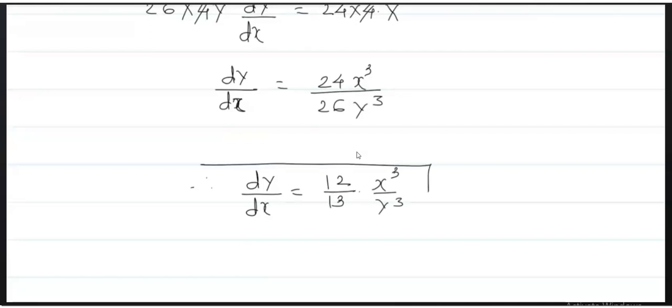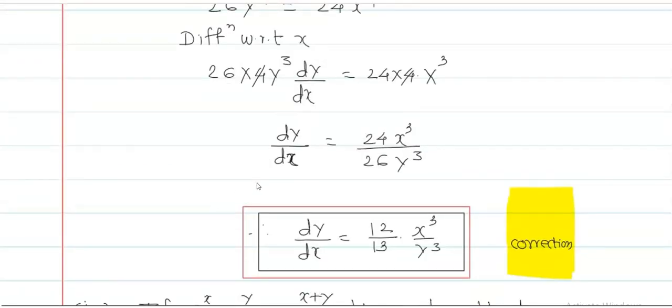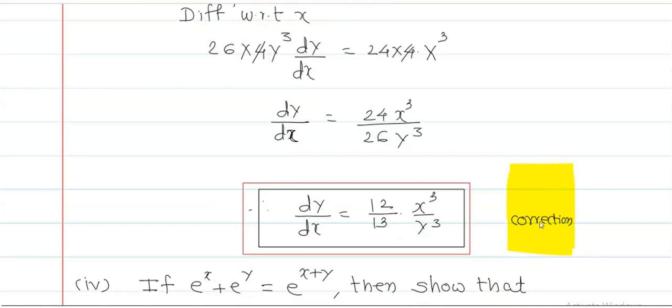I forgot to write it. I think that there is a correction in the answer. This is my answer. If you agree, then accept it. Otherwise, you solve yourself. Now next is